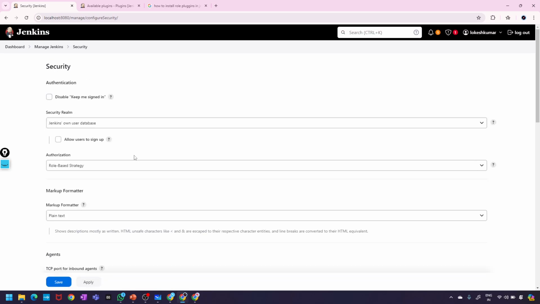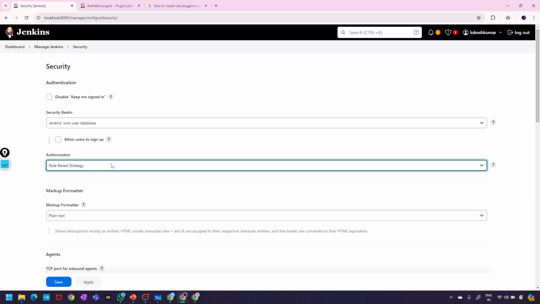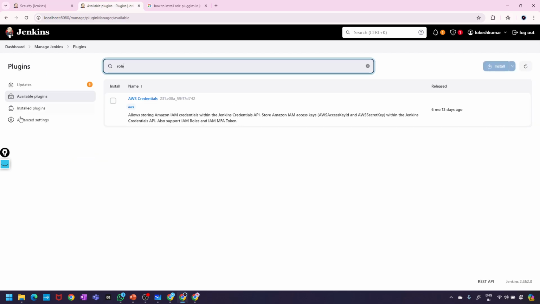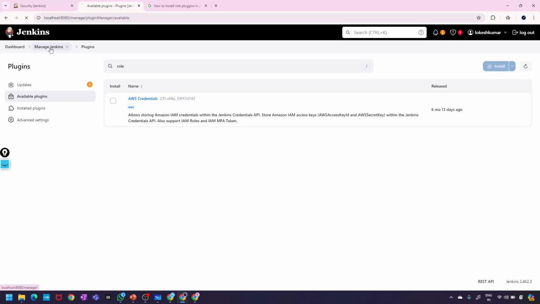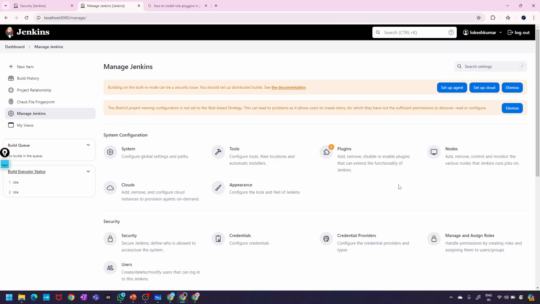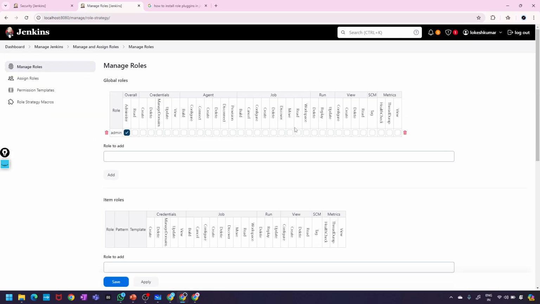These roles. Role-based strategy. This is fine. Okay, let us try again here. Go to Manage Jenkins. Roles. Okay, so now